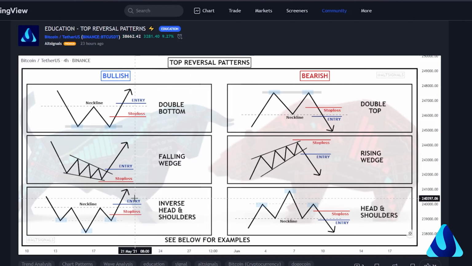Then you've got inverse head and shoulders. What this is essentially is, as the wording says, head and shoulders. These are the shoulders and this is the head. Again, we see a decline in price. We have a resistance area here and we have two areas of interest. The first area of interest is here, then the increase in price hits that resistance level, and then we see a further drop in price, so it breaks through the initial support level